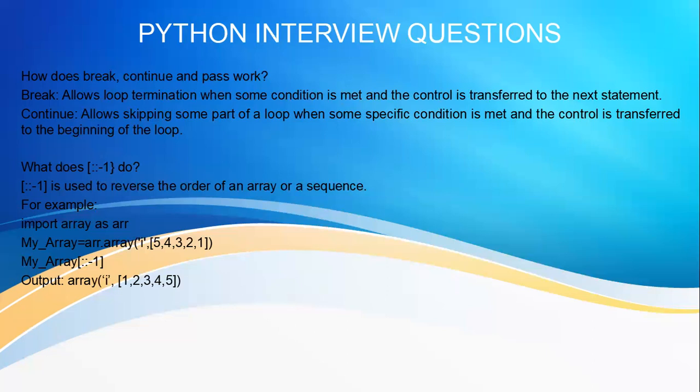You will skip 6, you will skip 12, you will skip 18, 24, like that. So here you can use the continue statement. When the number becomes 6, do you want that? No, you don't want that, because it's divisible by both 2 and 3. But you are not coming out of the loop. You are still in the loop. You will go to the next condition.